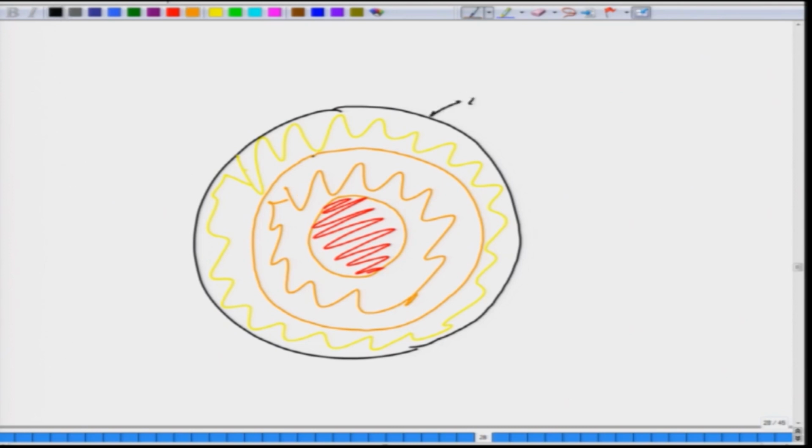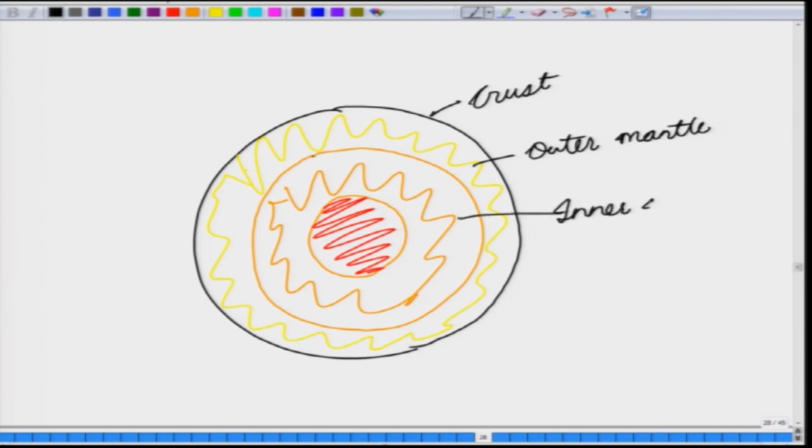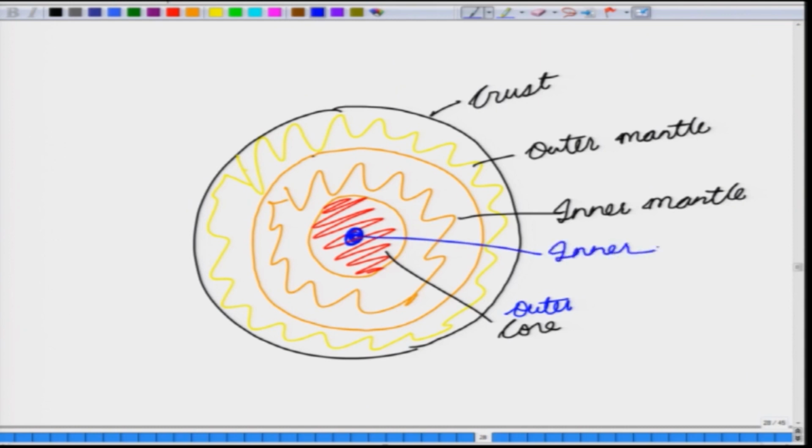So, in the earth you have a crust, which is the outermost layer, then you have the outer mantle, you have the inner mantle, and then you have the core, and the core is sometimes also divided into an outer core and an inner core. So, essentially you have 3 layers, one is crust, second is mantle,